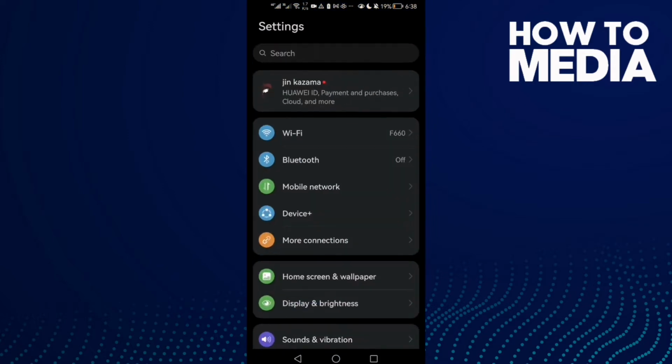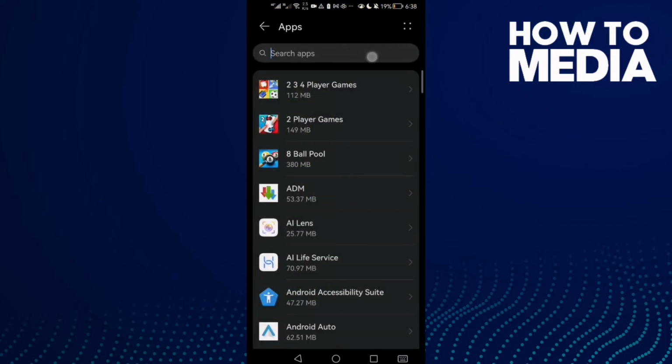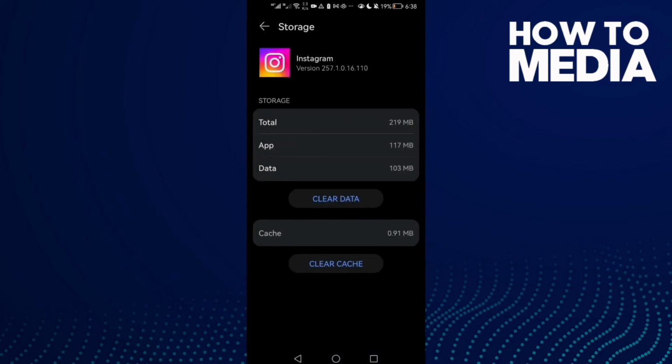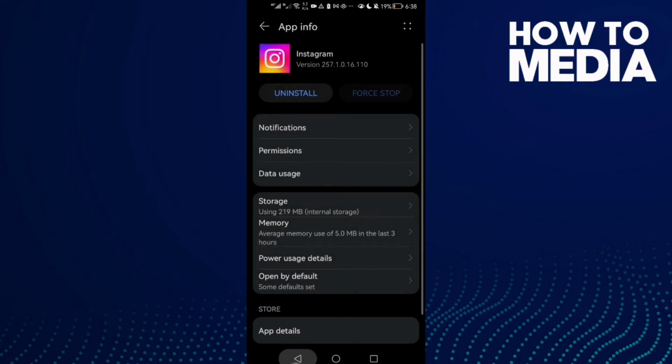First, open settings and then scroll down until you find apps and click apps again. Now type here Instagram and then go to storage and clear cache and then click force stop, and now go